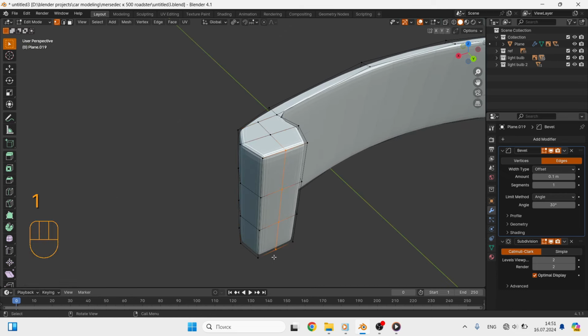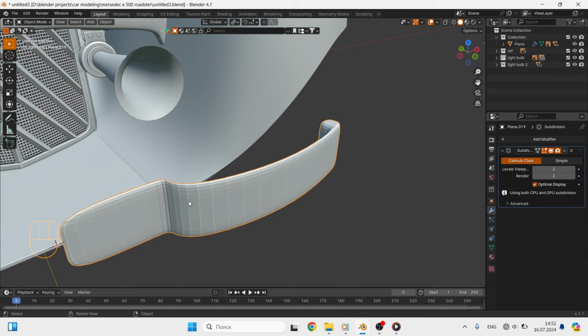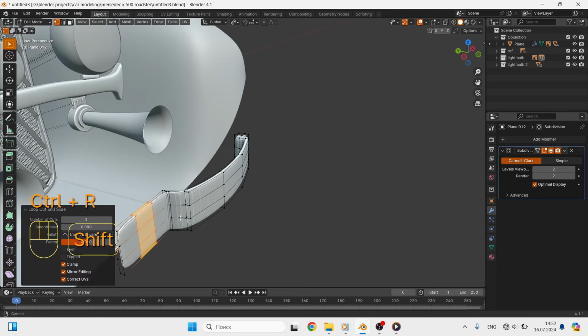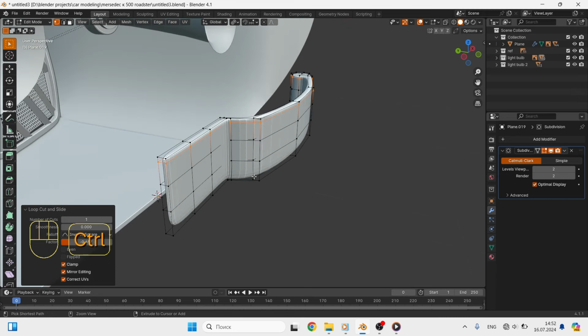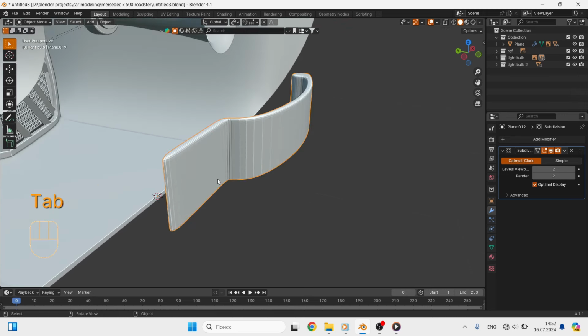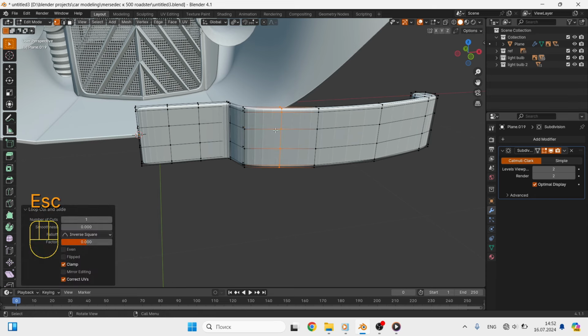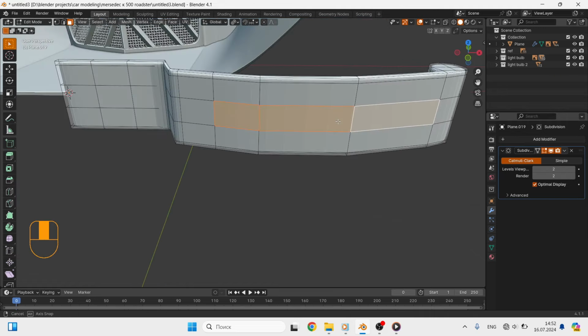I add another edge loop to make a rounding, and I understand one such moment, that the bevel modifier turned out to be unnecessary. It works in those places where I don't need it, so I delete it and add edges manually in those places where I need to strengthen the topology. In the place of the long bumper element there is a small wave inward, so we select 3 adjacent faces and press them.